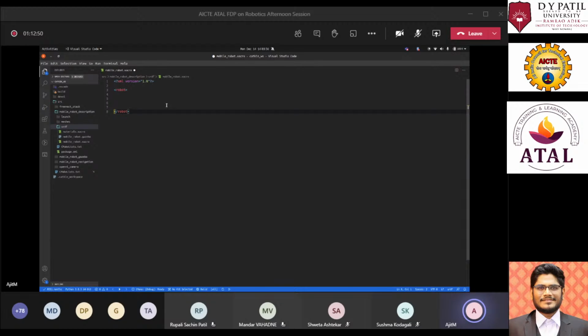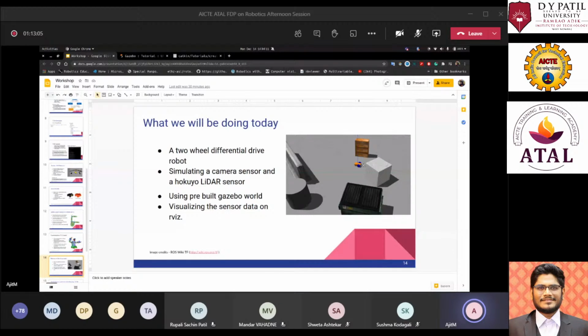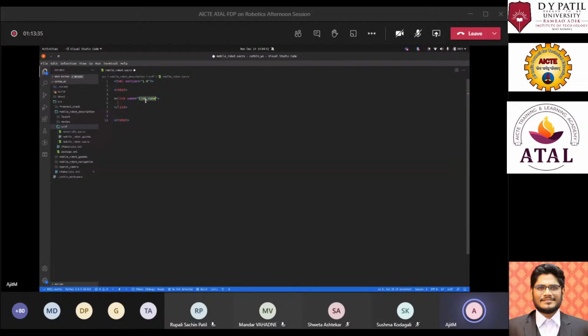Here in the image, hold on, I'll zoom in a little bit. Here you can see this orange part. This orange part is the base link of the complete robot, and everything is attached to that base link. So if we go back, the first thing we need to do is create a base link of the system. To create a link, we use the link tag, and every link has a name attached to it for reference. For this, we'll be calling it chassis.